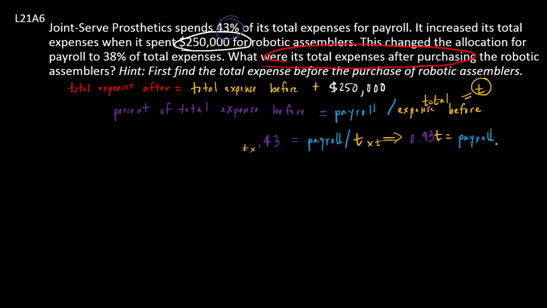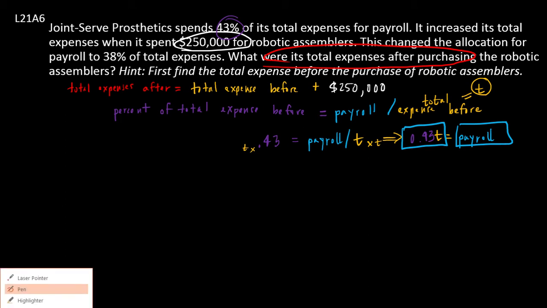Okay? So whether I write payroll or 0.43T, these are equivalent expressions. Anywhere I see payroll, I could put in 0.43T. Anywhere I see 0.43T, I could put in payroll. They mean the exact same thing. Alright, so let's put that on hold for a second, and let's consider